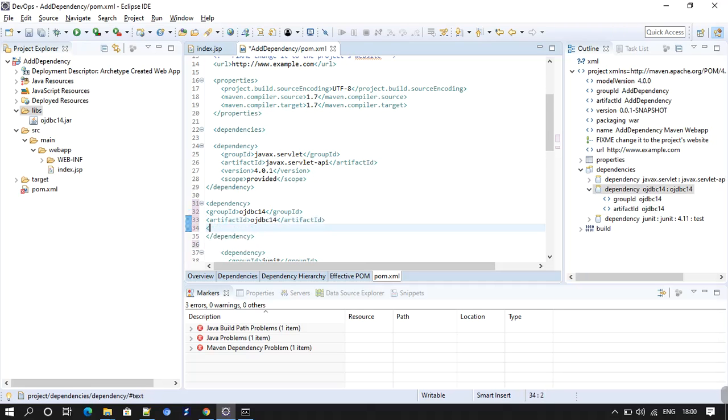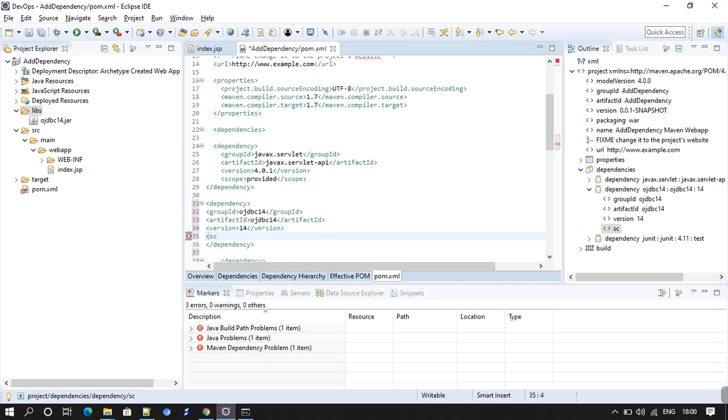Give version, any version. I'm giving 14. We have to mention scope here. First we can mention scope, that is system.